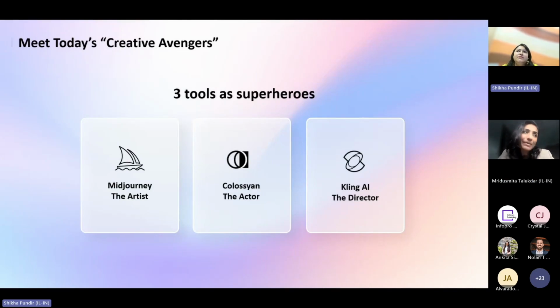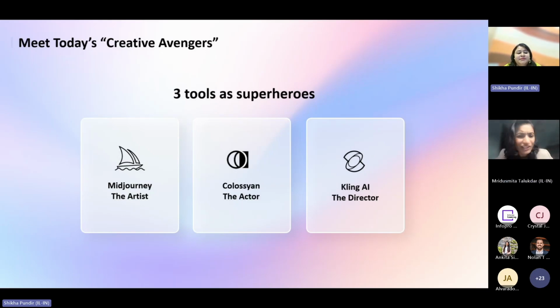When people first hear the phrase AI workflow, they often imagine one giant magical tool doing everything, but that's a lie, right? That's not really how powerful AI enabled production works. The best workflows actually operate more like creative ecosystems. So internally, we start thinking about these tools as specialized creative roles, Shikha, right? And then somewhere along the way, this became our Creative Avengers. So let's meet the team, and then I'll hand it over to Shikha for the most exciting part of this session. I think the first one is Midjourney.